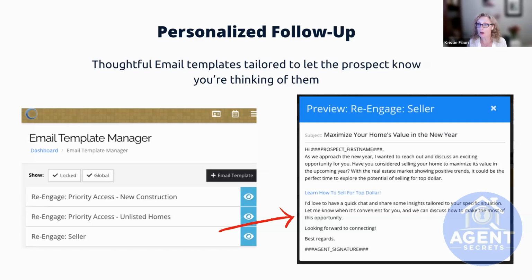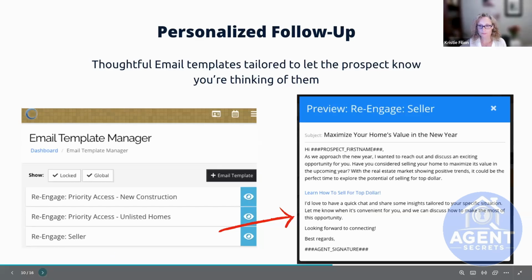Maybe you have a video that you want to insert into that email template that will link over to a landing page that has a video. So the email templates can be a little bit more involved because an email obviously can contain a lot more content than a text message, but the same rule applies. Make sure it's personalized. Let the prospect know that you are thinking about them.